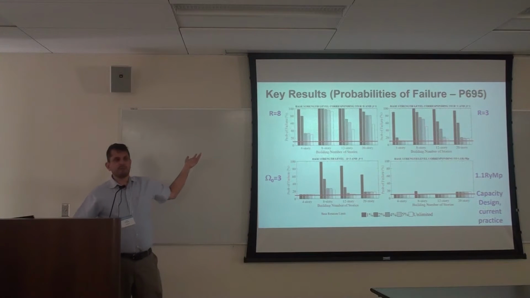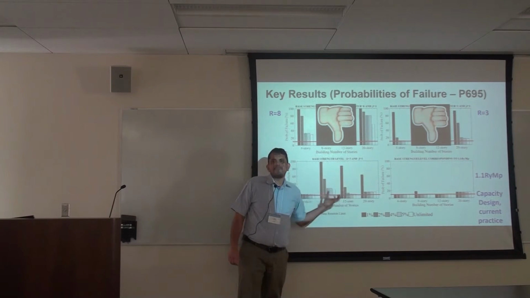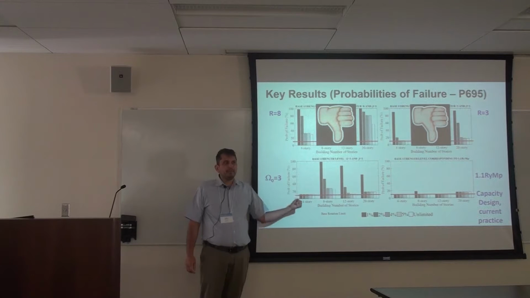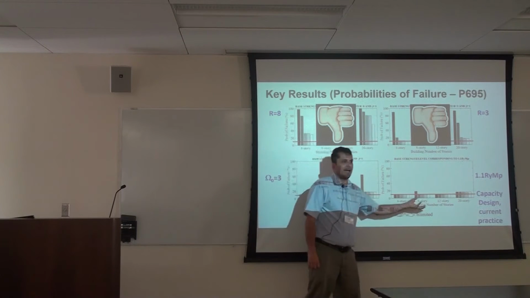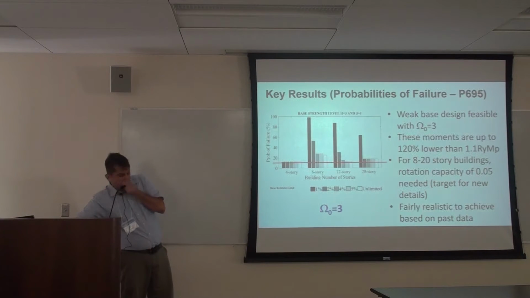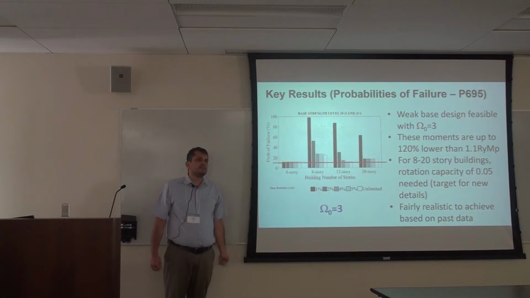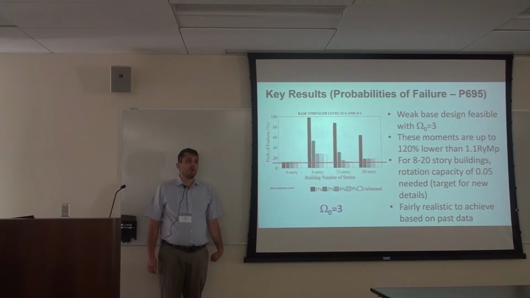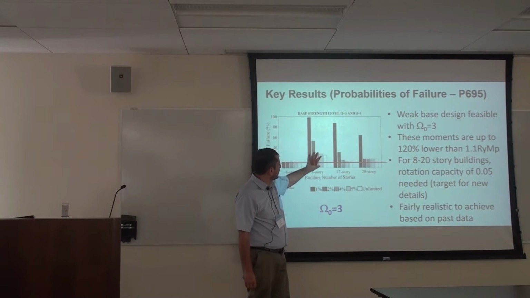But what we think, or what we're finding, is by the time you're at omega naught equals 3, you actually do have a fighting chance of getting building response, which is not quite exactly what you have here, but fairly comparable. So for example, especially for the 4-story building, there's no reason to design your base with 1.1 RYMP. You could just design it with omega naught equals 3, which would be a significantly lower force, and you would just be fine. The 8-story is slightly a little bit higher than we'd like, but again, if you look at